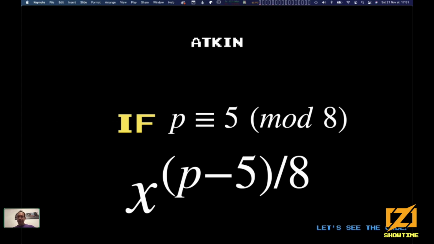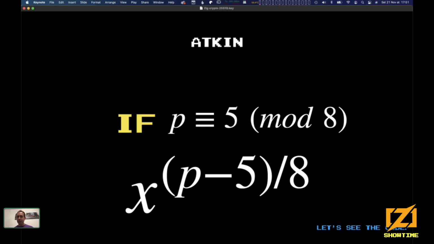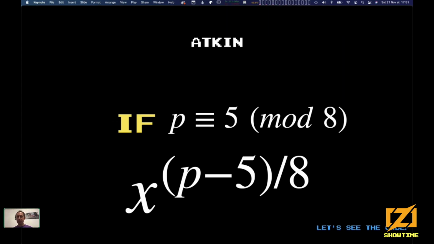Atkin discovered that if we have p equal to 5 mod 8, then we can just do 1 exponentiation to have a square root. And it turns out that 2 to the 55 minus 19, what a surprise, satisfies this. So we can quickly perform a square root operation. This is super nice. Plus, as you can see here, this is a constant. So once again, we have to do an exponentiation using a constant so we can optimize for it.